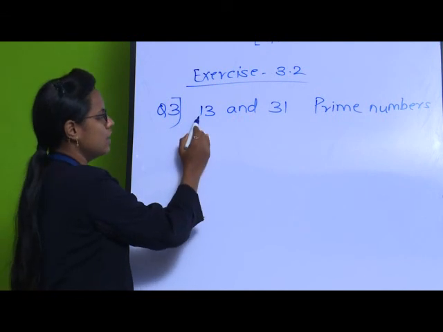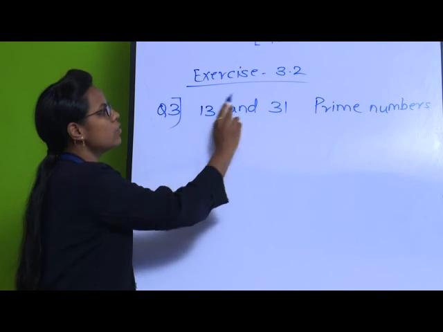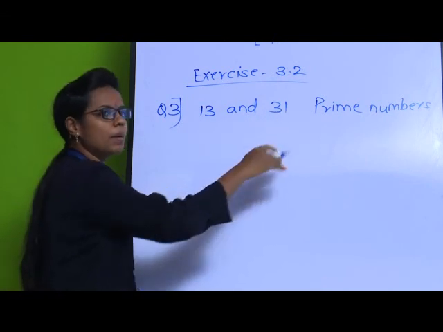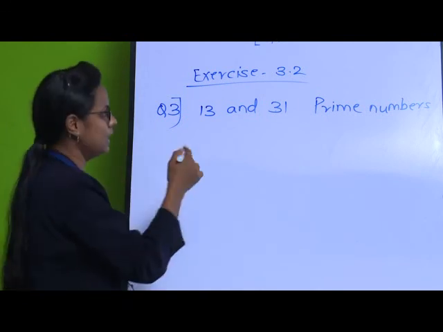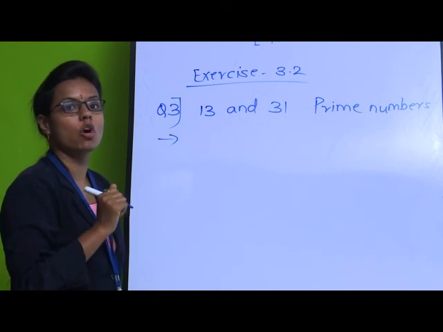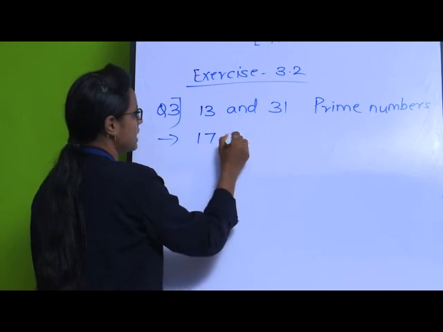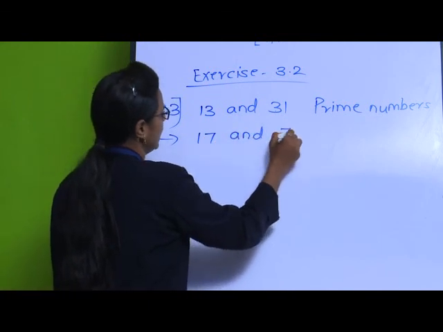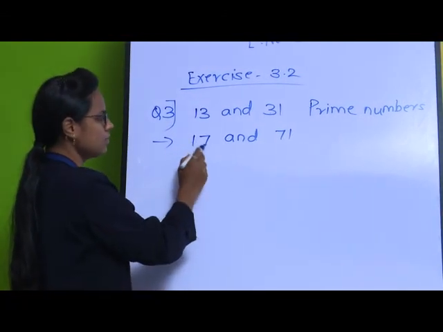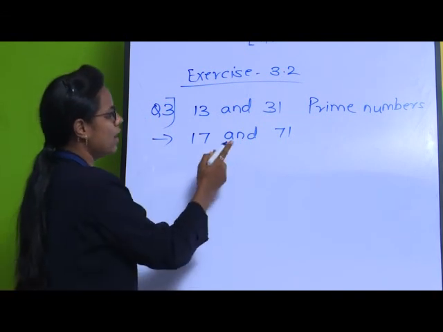Here the order of 1 is first and the order of 3 is second. We have just interchanged them here: 3 comes first and 1 comes later. This is the interchanging. So we have to find such similar pairs of prime numbers. Similar pairs of prime numbers are 17 and 71, which are prime numbers. Again, after interchanging, it has only two digits, 1 and 7.